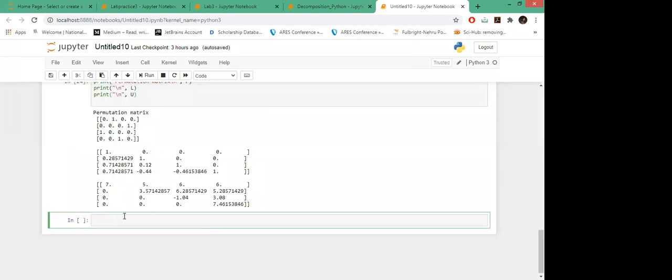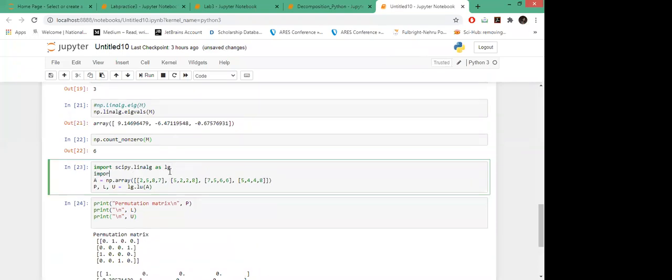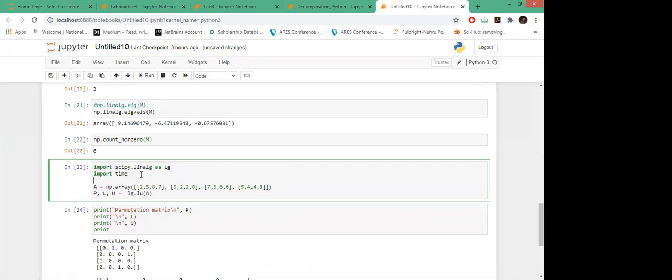One more thing, you can also check the time taken to compute this. What I'll do is import time, and I will save the start time.